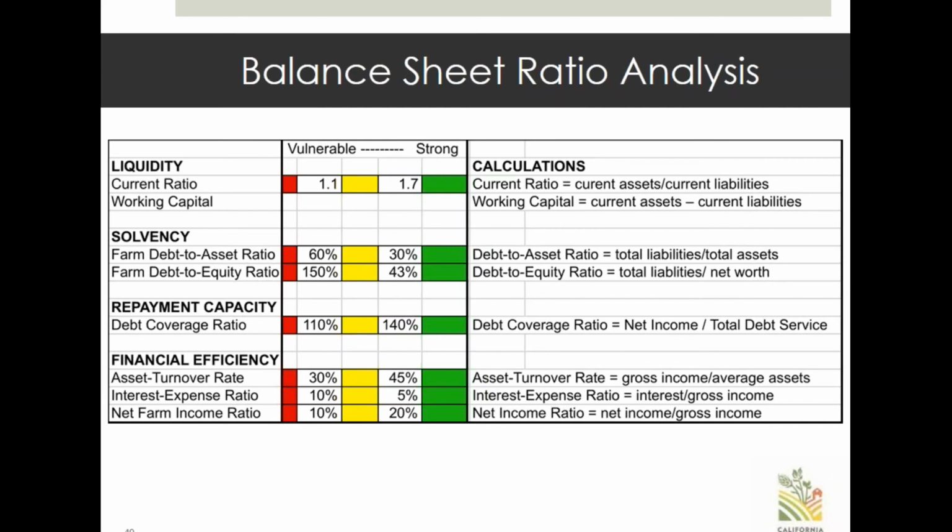In addition to that, debt service coverage ratio is one that lenders look at a lot. The reason is that debt service coverage ratio is our way as lenders to look at whether or not on a year-by-year basis you're going to have enough money to cover the debt that you have to pay each year. In the case of a debt service coverage ratio, we're looking at how much principal and interest combined you have to pay, and what your net income was. And so when we look at Rick's Farm, for example, we noticed that